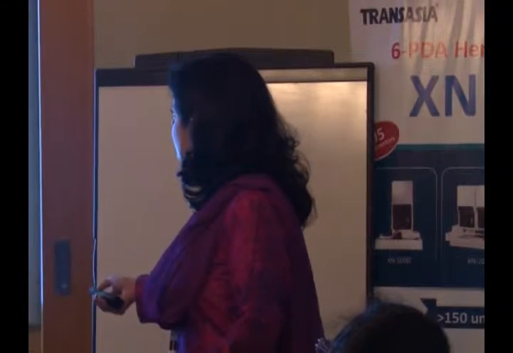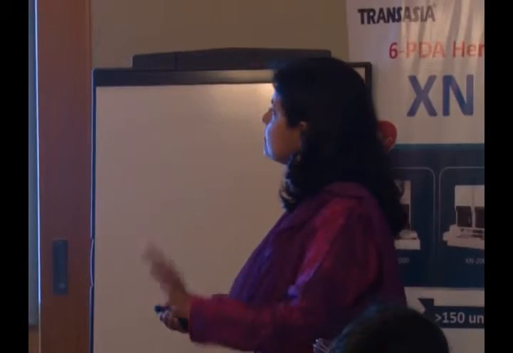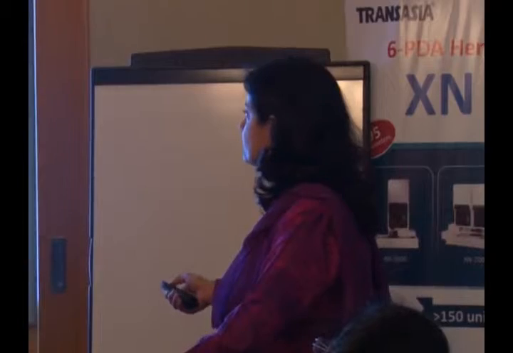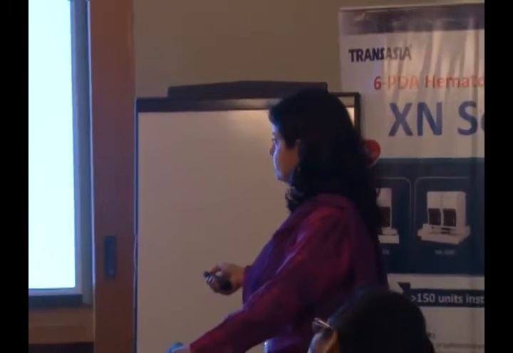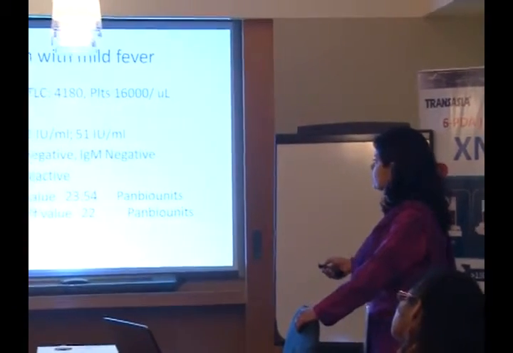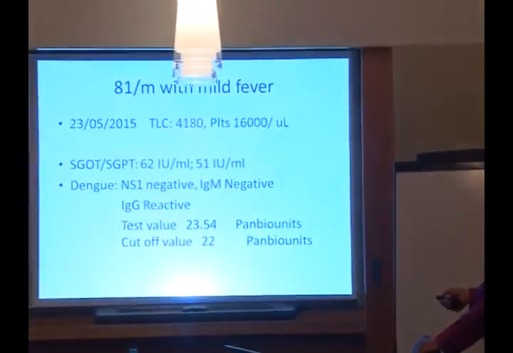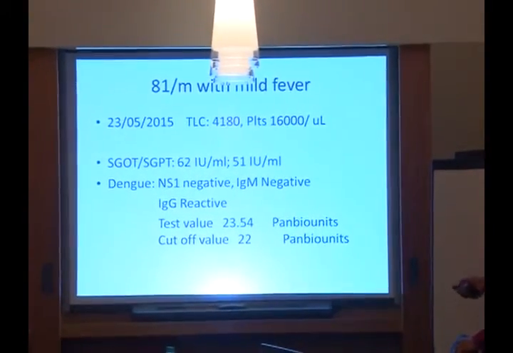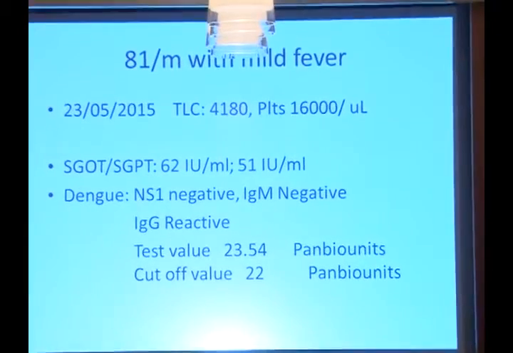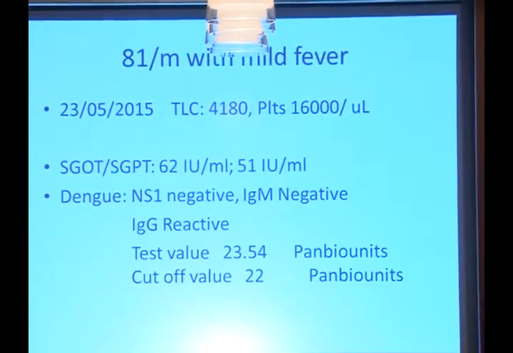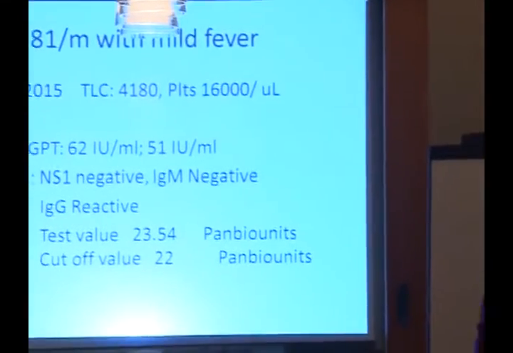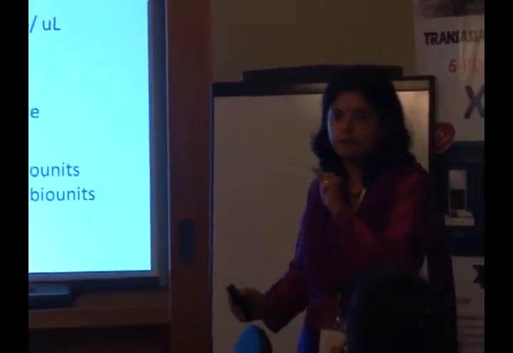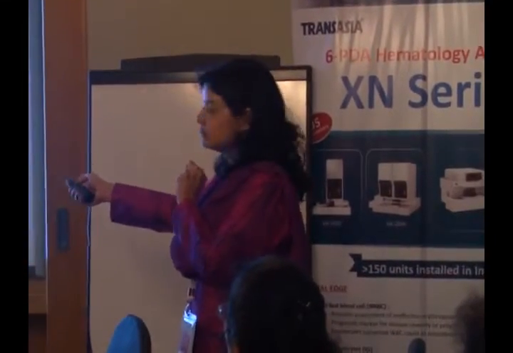Then when we released this information to our clinicians that we had started using IPF in monitoring, just last week we had this elderly patient who had just a mild fever, but when they did his count, his platelet count was 16,000, OTPT was mildly high, NS1 came negative, IgM was negative, IgG came reactive, mild acute system cut off. So this clinician came to us and said, can you help me, because I don't want to give him steroids. He's old. If he has dengue, I don't want to give him steroids. But even the dengue is not fitting because the OTPT remains the same.